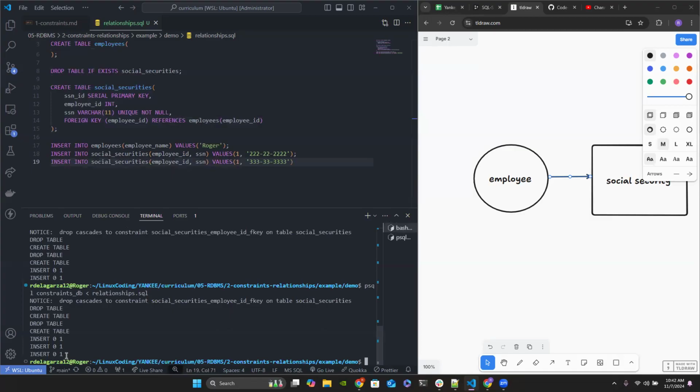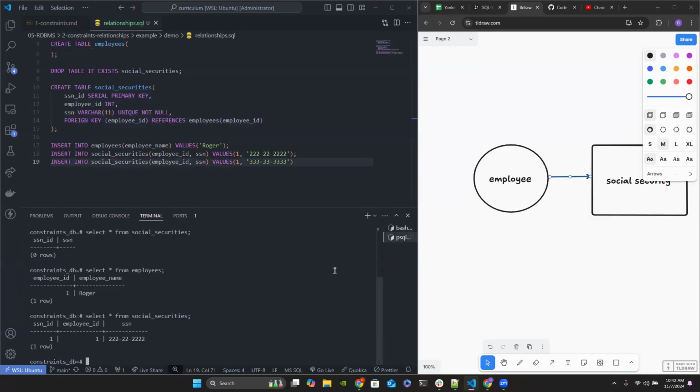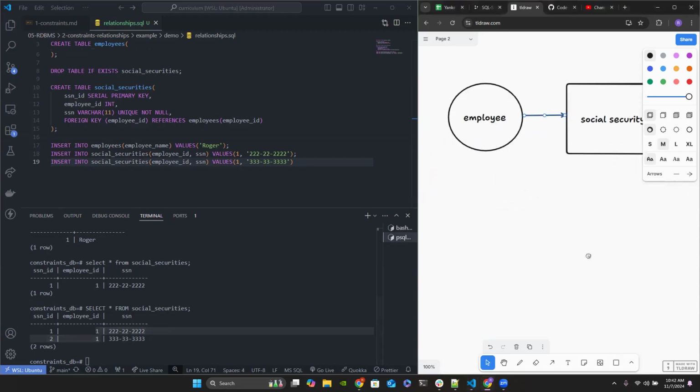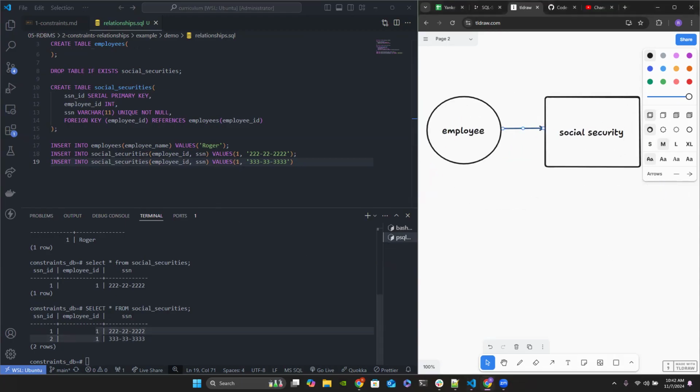We see here there's no issues. I have 3 insertions. And when I select all from Social Security numbers, we see here that I have another entry for another Social Security number, but still referencing the exact same employee. Therefore, it's telling me that this employee has 2 Social Security numbers, and that does not adhere to the one-to-one connection. So the way to fix this is by going to that foreign key and doing something as simple as